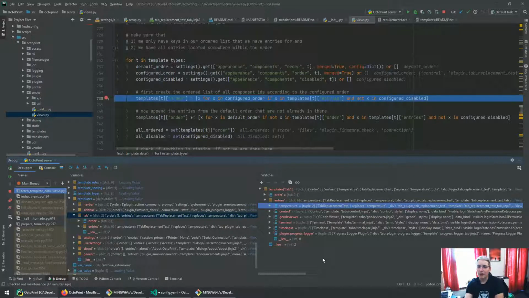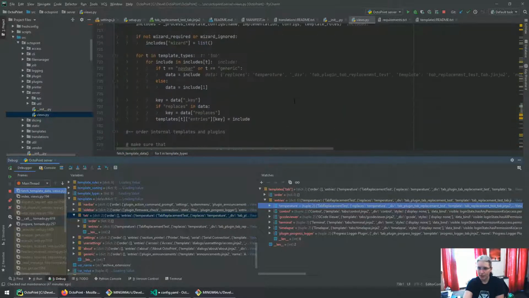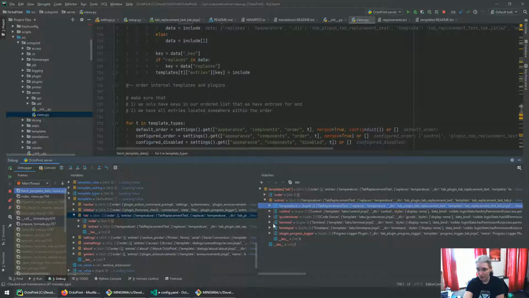The problem is that right now we only have this dictionary here, so we don't have the information anymore. I mean, we have it in a way because the replaces isn't still here, but we don't want to iterate over everything. So what we would need is a lookup table that tells us, by the way, this plugin or this identifier is also known under these